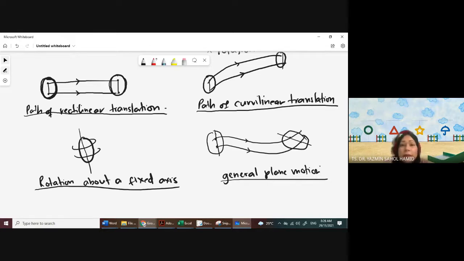So this one, they are the combination of translation and rotation. Okay, all right. Now,